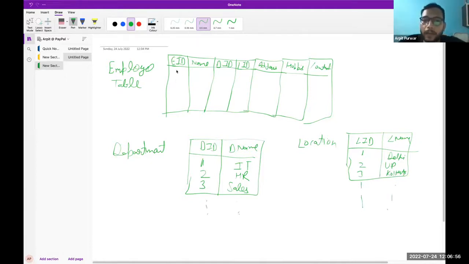Now we will insert our data in the employee table. Employee ID 1, E1, works in department 2. His location is UP, so 2. Address would be the full address here. Then he can write his hobbies, then his contact number. And in contact number there could also be multiple things, like a contact table, where he can add the primary number and here he can add a secondary number also.